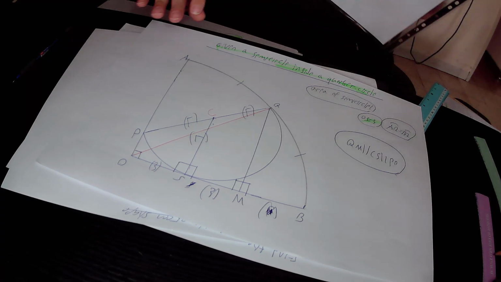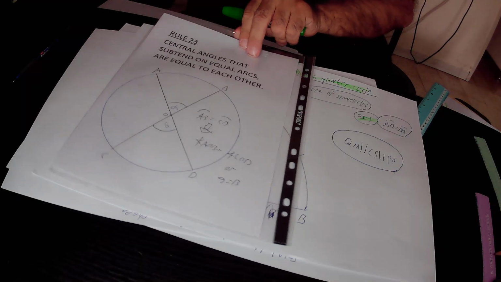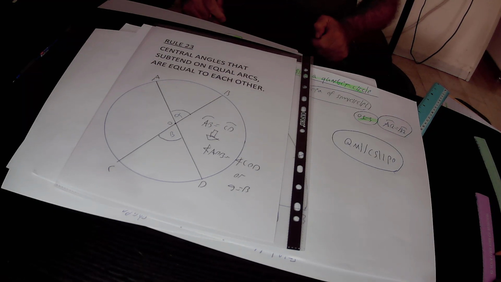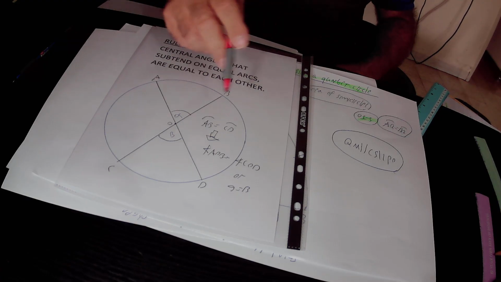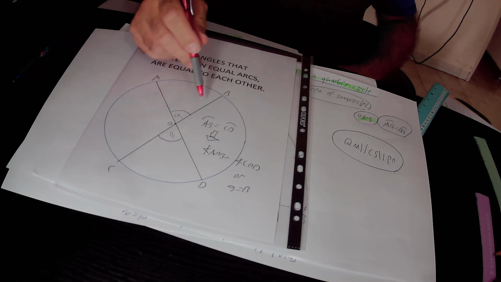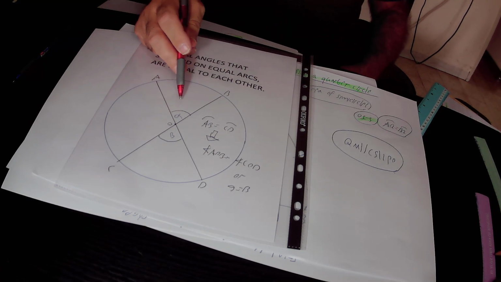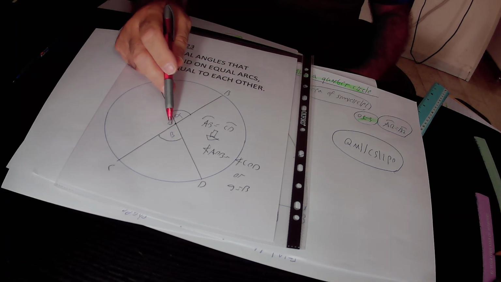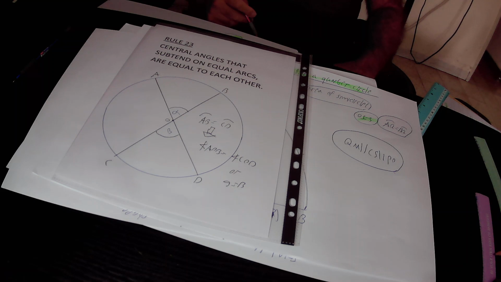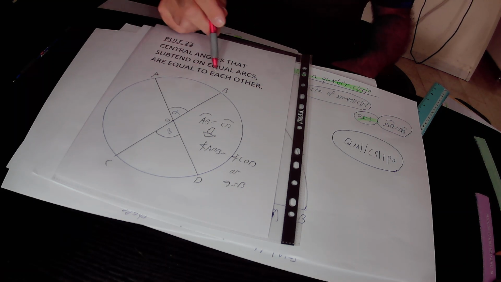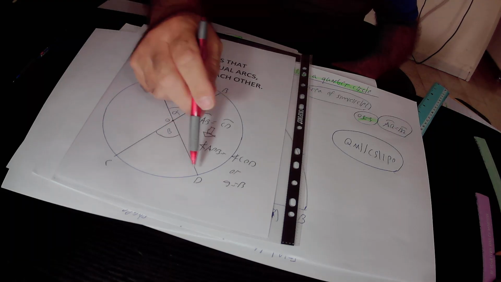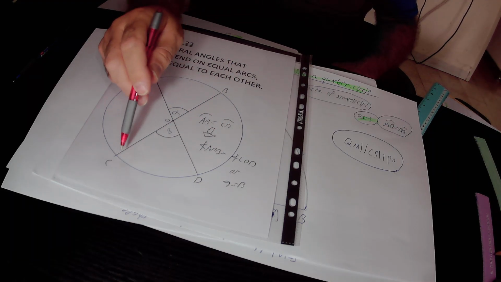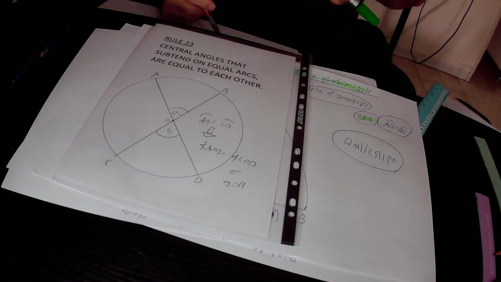According to rule 23, central angles that subtend equal arcs are equal to each other. In the drawing we have a circle. This is central angle AOB, which equals alpha degrees. This is central angle COD, which equals beta degrees. So if arc AB is equal to arc CD,